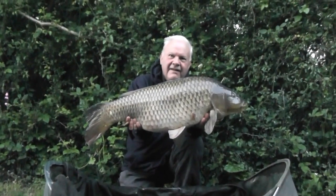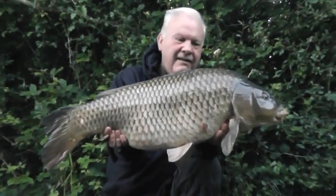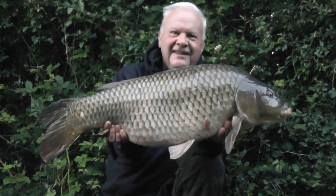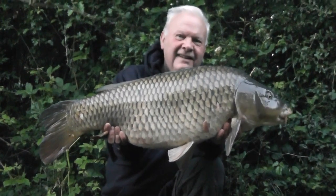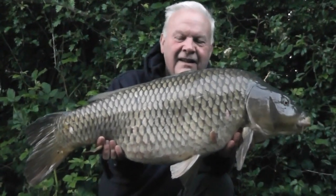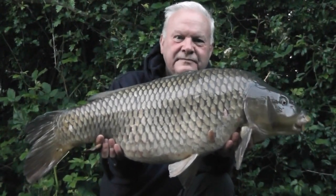And would you believe it? Very quiet for me in the night, but for Dad, 4:30 this morning, and bang, 27 common. I mean, what a fish. This lake has got some banging commons in it, and there they are. So yeah,